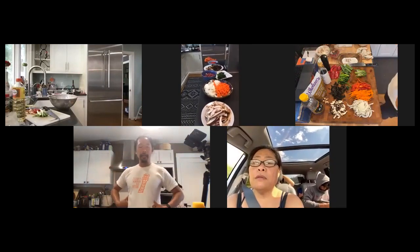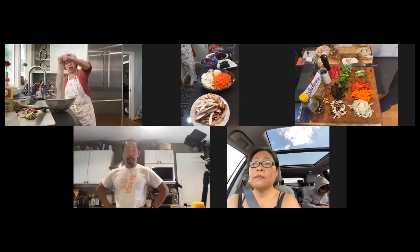You can add a little wine if you want, Sarah, or if you don't have wine, you can just leave it as is. My mom likes to add some wine into it. She uses the mirin, which is also sweet. If you don't have the mirin, you can use wine with the sugar. So if the noodles are done,